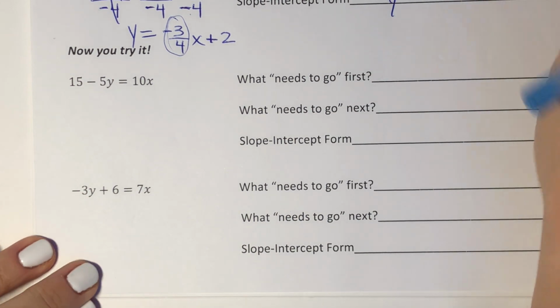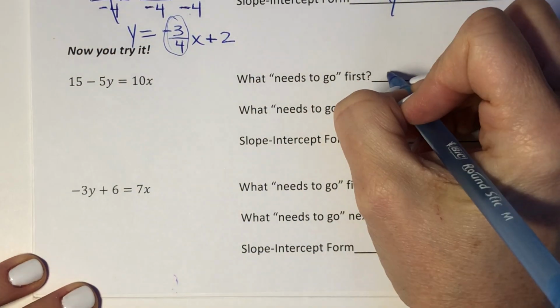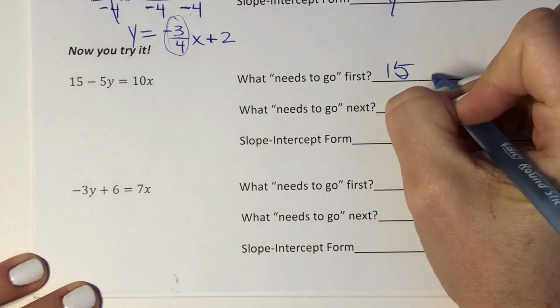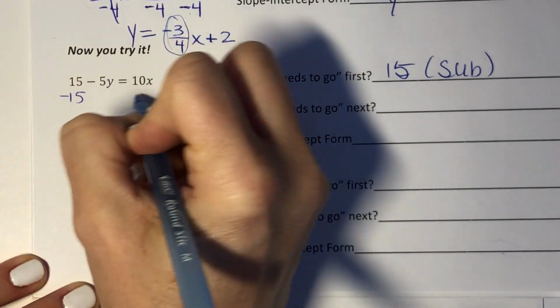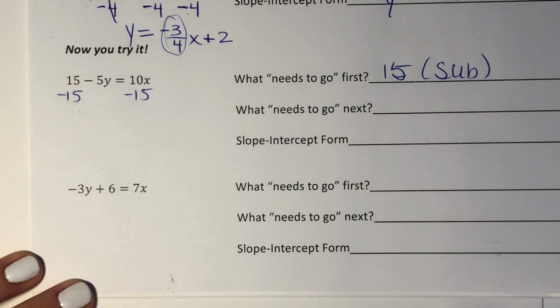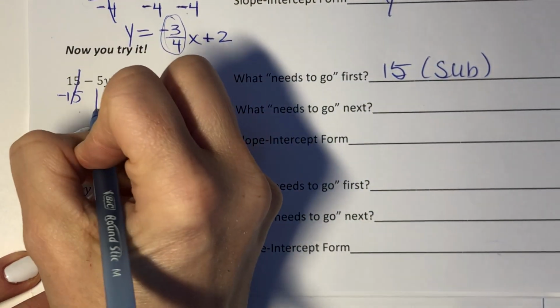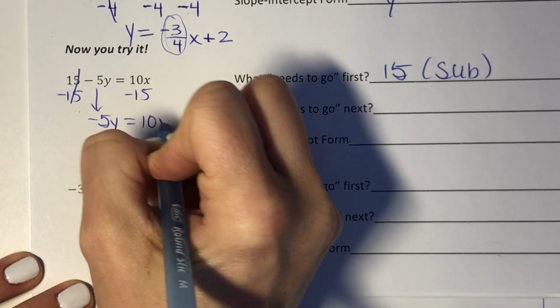All right, let's take a look at this. We want to keep this -5y here, so I want to get rid of the 15, and I'm going to do that by subtracting it from both sides. -15. -15. It doesn't matter what spot it's in. If it's not the y, it needs to go. I canceled it here. I'm bringing down my -5y. Clean this up a little bit. 10x